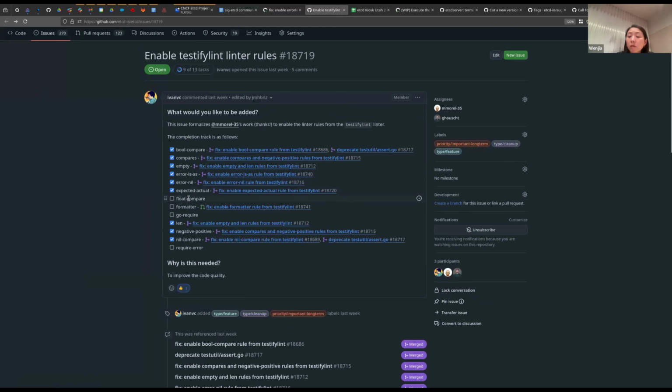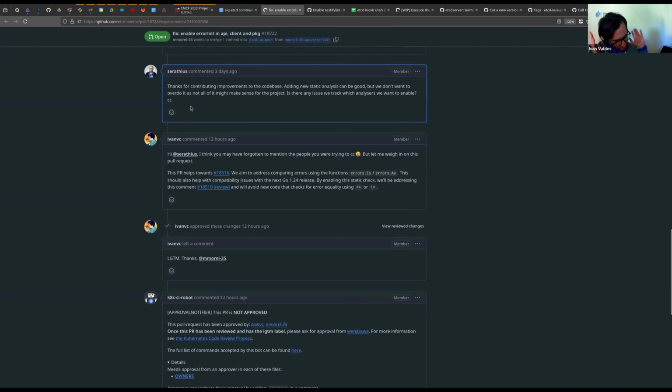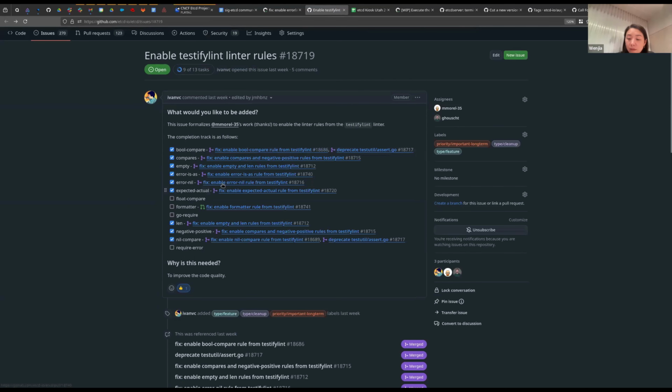But do we want to enable more linters? Does that make sense? I think we don't have a leadership point of view of we want this, we don't want this, so it's been just kind of bombing the pull requests. So I just wanted to bring this topic and open it for discussion.